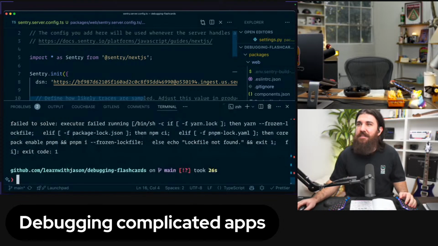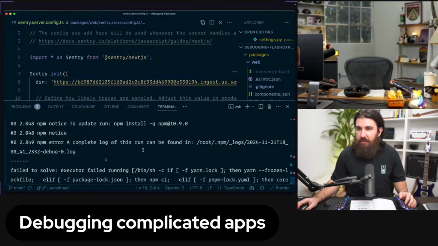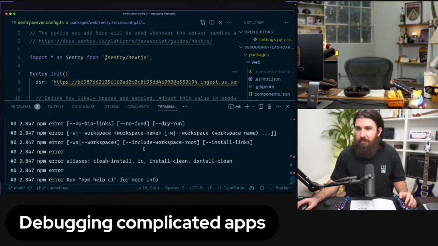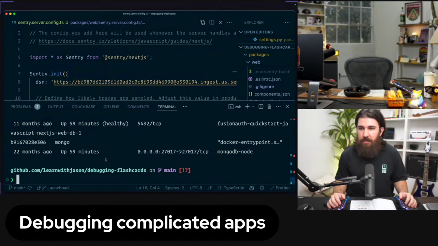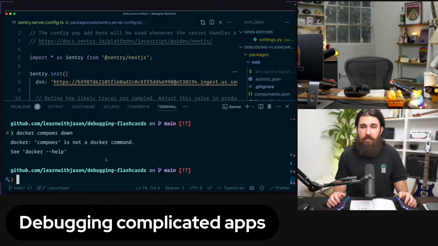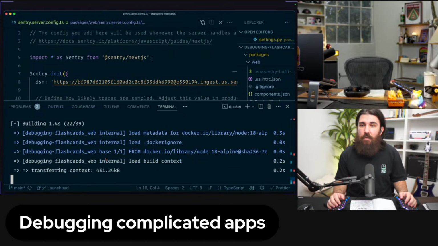Oh, look at that. All right, let's see. What do we have here now? It says log file not found. Oh, I know. If we do docker ps, we're gonna see. Let's do docker compose down and actually type that correctly. There we go. This is going to remove the existing containers. And now let's do docker compose up and then dash build because we want to rebuild the API and the web.